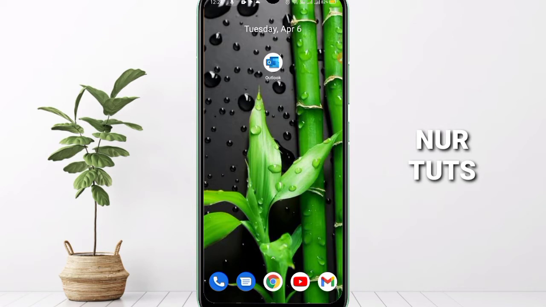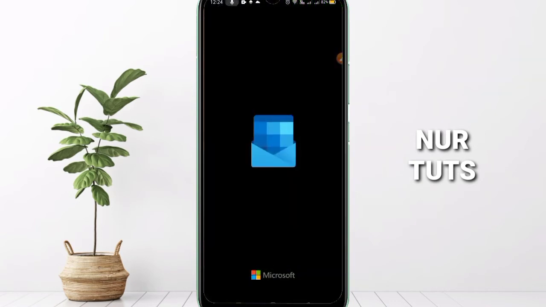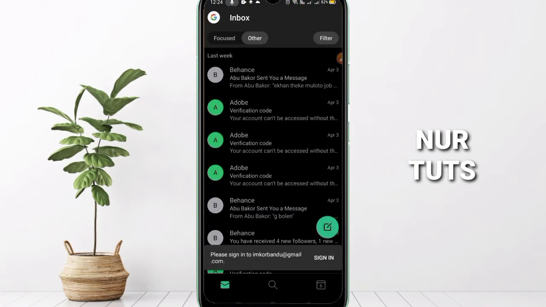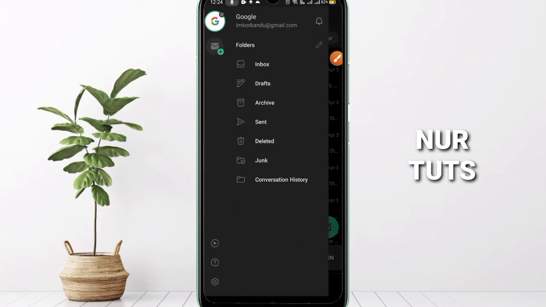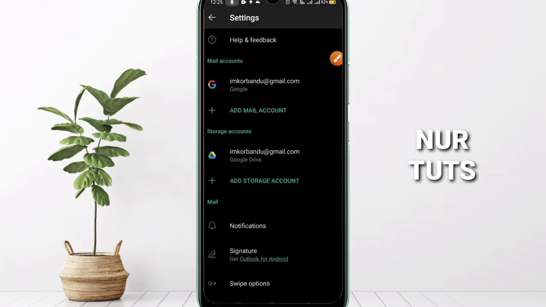So we need to go to Outlook, click on it, and then after getting this interface, we need to go here. You can see this icon. Click on this icon, then go to here, the left bottom corner, click on it, and then you will see here,